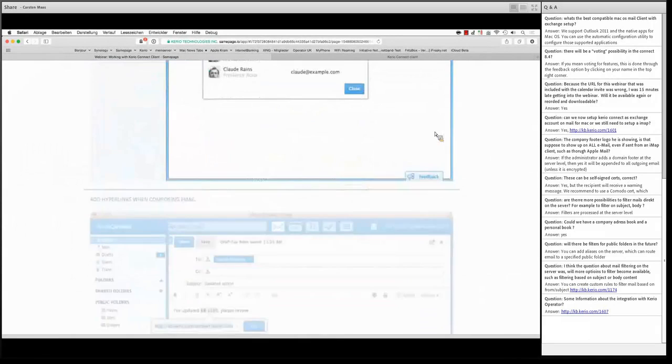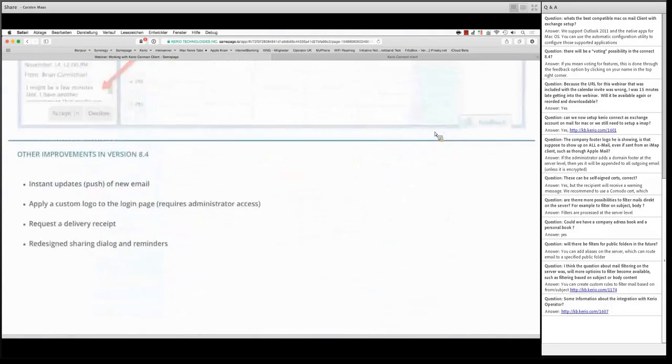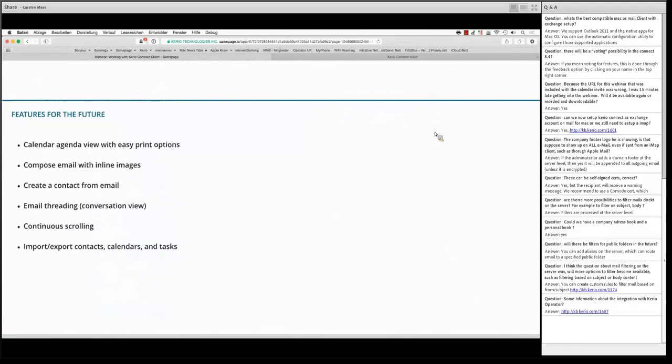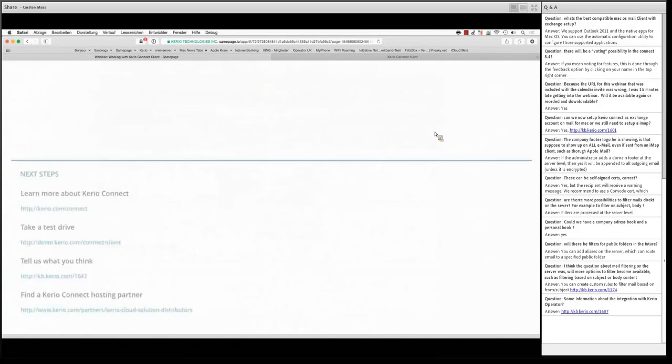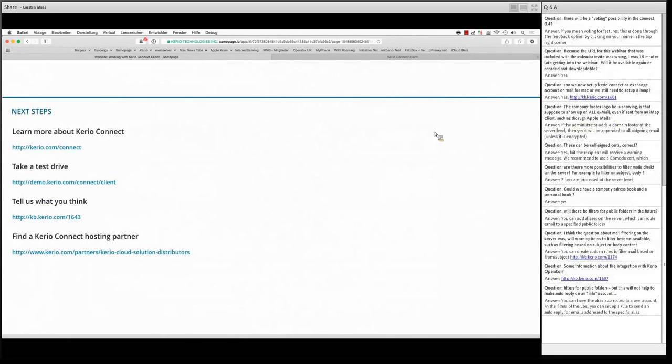Just flipping through the slides. So what should be the next steps for you? The next steps for you should be, if you would like to learn more about the Kerio Connect client, you can visit our homepage, where you just go to http://kerio.com/connect, or you can even take a test drive so you can get an idea how the Kerio Connect client